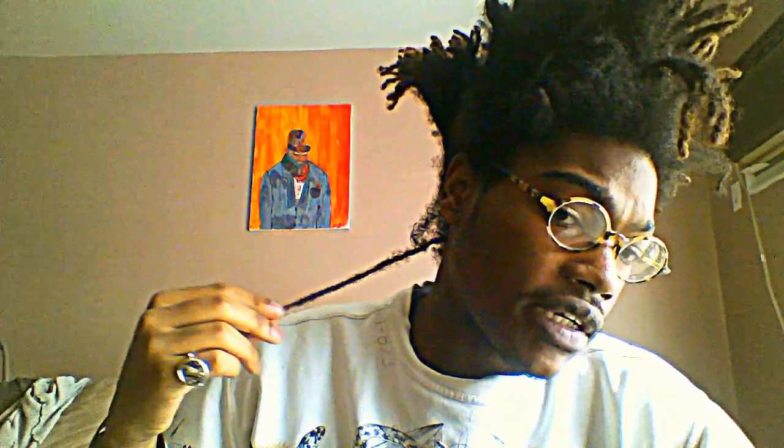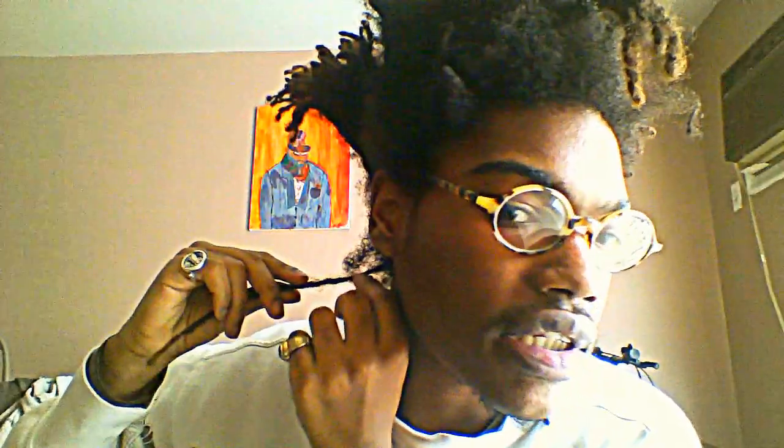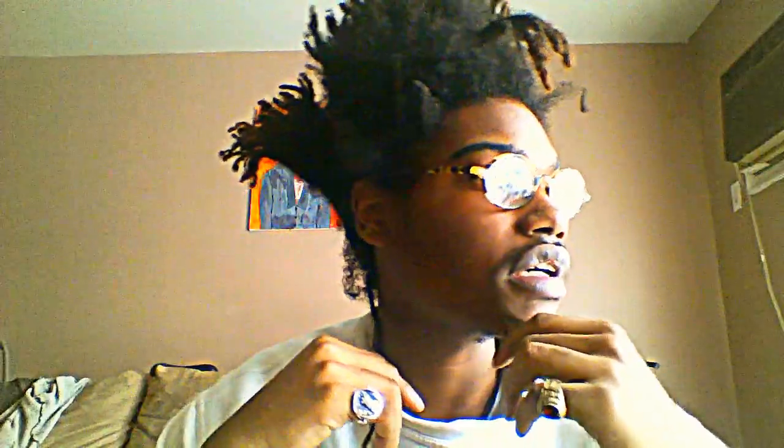So that being said, this lock used to be this thin, and I noticed it was thin. It was always thin. It always looked like this at the root, and I was just sick of it. And I was upset because I thought it was gonna fall out. I thought I was gonna lose it here when it was this length, but no, it kept on growing, kept staying strong. And the reason it did that is because of the method that I used, and which that is